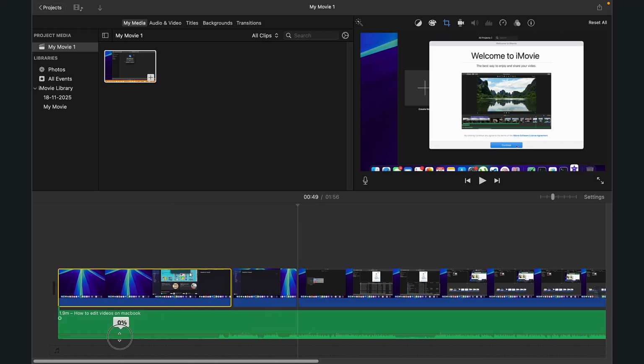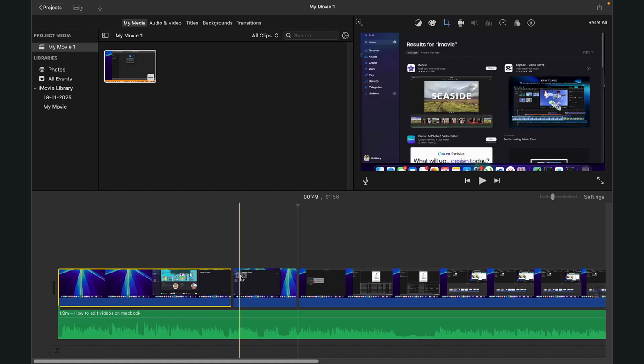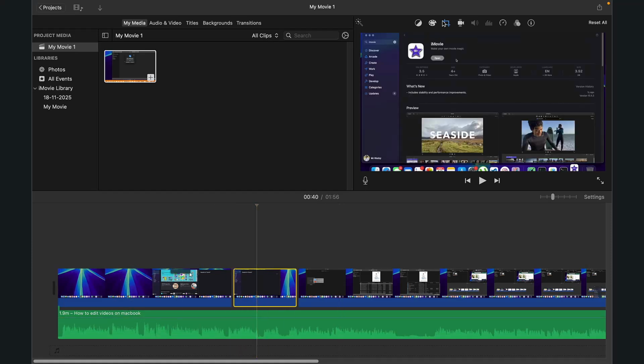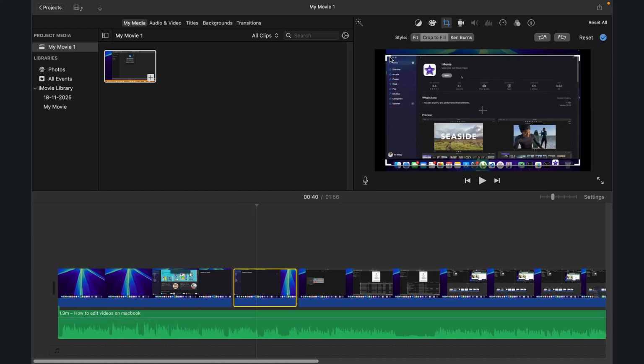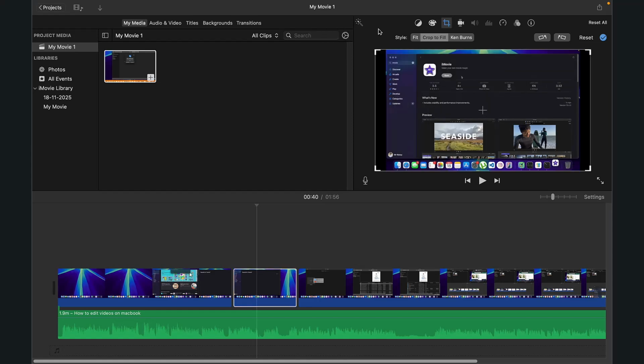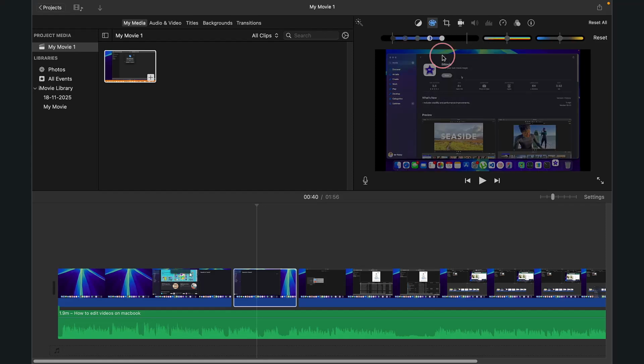You can also play with the audio levels. You can bring it up or down if you want to, depending on your need. You can also do other stuff like cropping your video. So for example, if you don't want the full thing, you can make it smaller or bigger. You can also have it fit. You can also play around with the color tints. So right over here, as you can see,